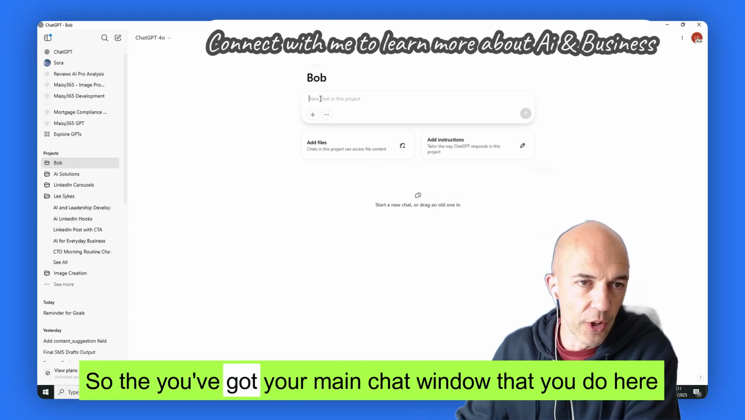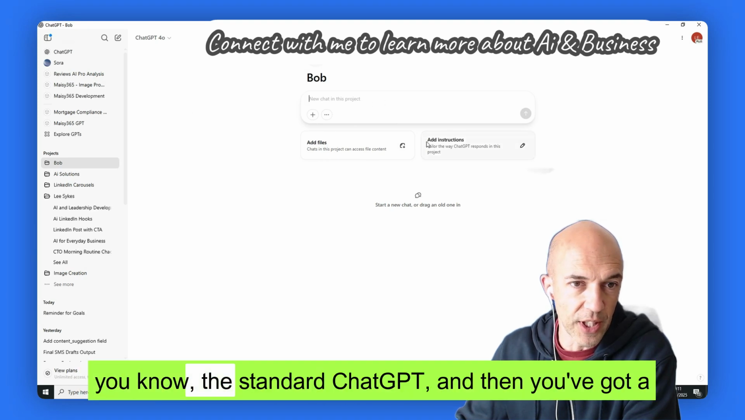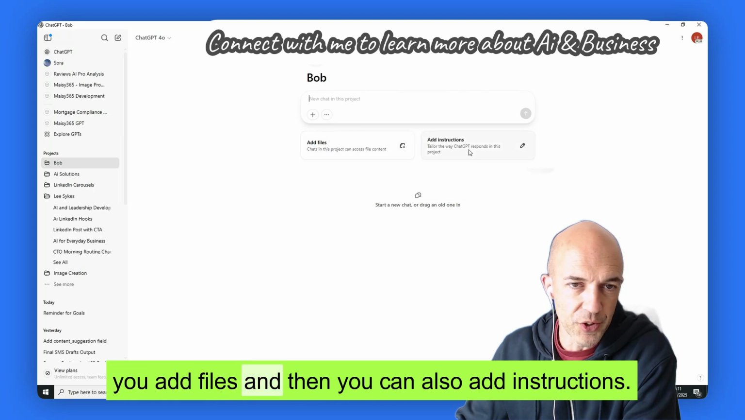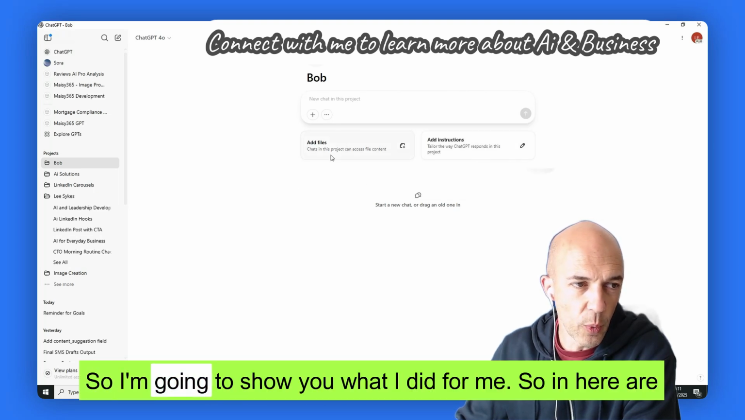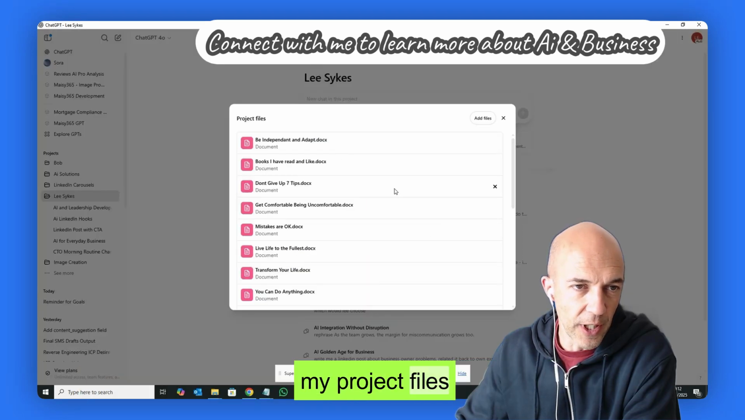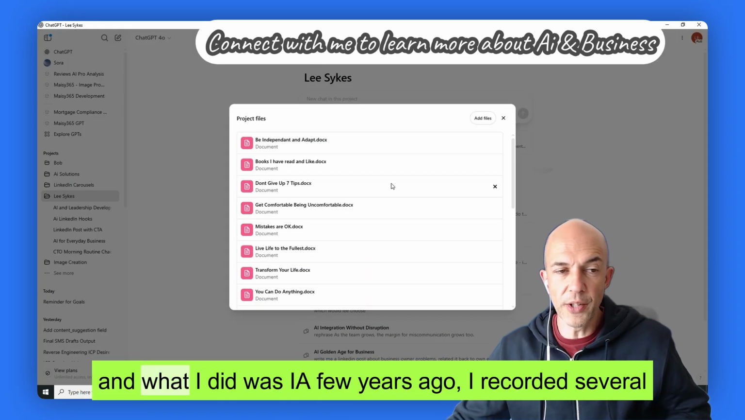So you've got your main chat window that you do here in the standard ChatGPT. And then you've got a couple of options where you add files, and then you can also add instructions. So I'm going to show you what I did for me. So in here are my project files. And what I did was a